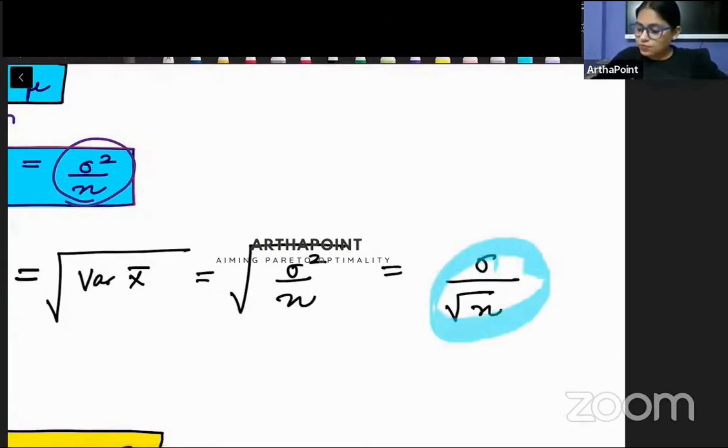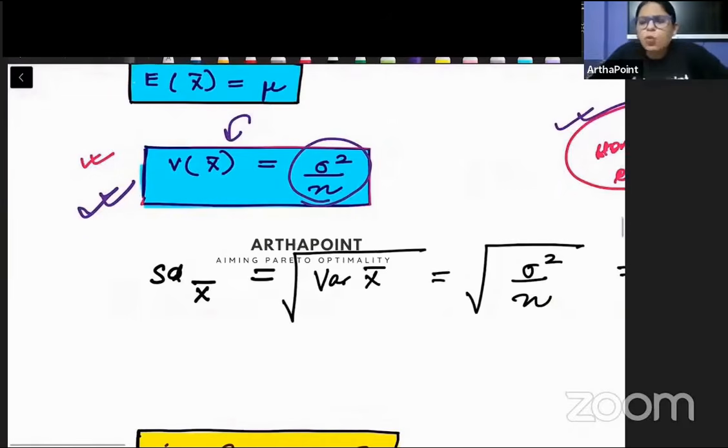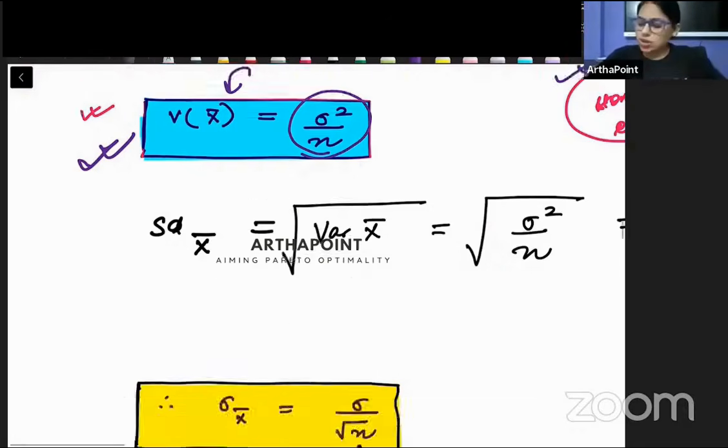Beta, this value that you have got here, इसको हम standard error भी बोलते हैं. This value is also called the standard error. अब error क्यों? Why error? Because if you remember, we have said that whenever you collect a sample, you can commit some kind of error. जब भी आप कोई भी sample collect करते हो, आप किसी ना किसी तरीके का error कर सकते हो. Why? Because the sample will deviate from the population.